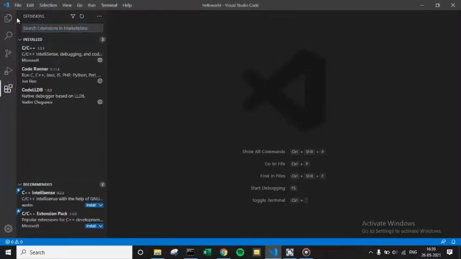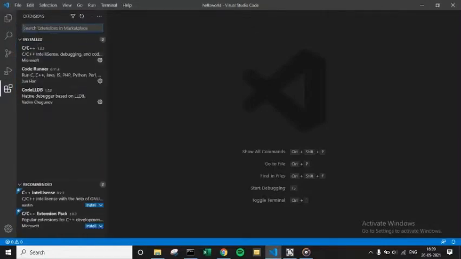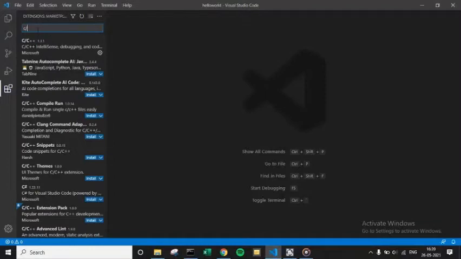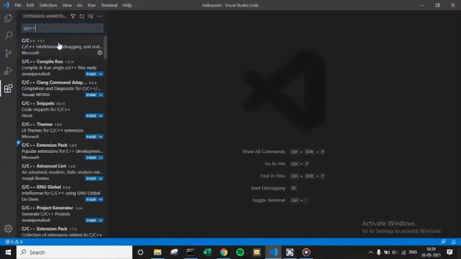There are options, right? Click on the last option and you can install that. Type in the search bar C/C++, and I've already installed it.